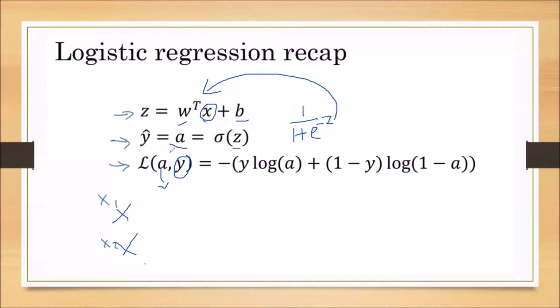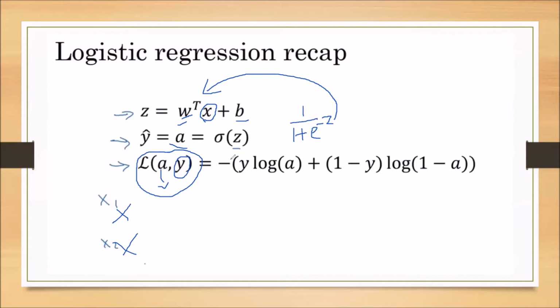If we want to minimize this loss function, then we have to choose the proper values of the w matrix and b in such a way that we get the minimum value of the loss function. When we get the minimum value of the loss function, the computer or the machine is predicting the output exactly.